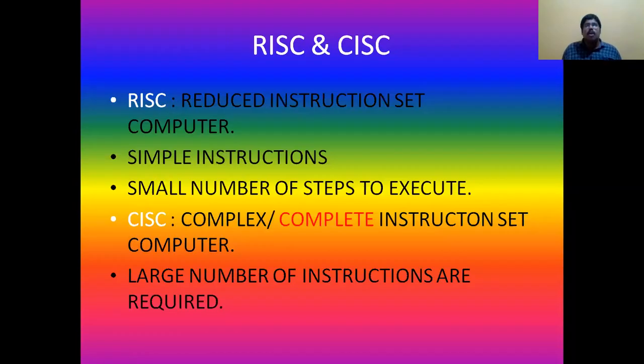That means when you opt for CISC technology, complex instruction set computers, you can develop a program in 10 steps. But if you want to develop that same program using the RISC instruction set, it may take 15 or 17, sometimes even 20 instructions. Though the instructions are very simple, the disadvantage of RISC compared to CISC is that it takes many more instructions for developing the same program. So that is the major